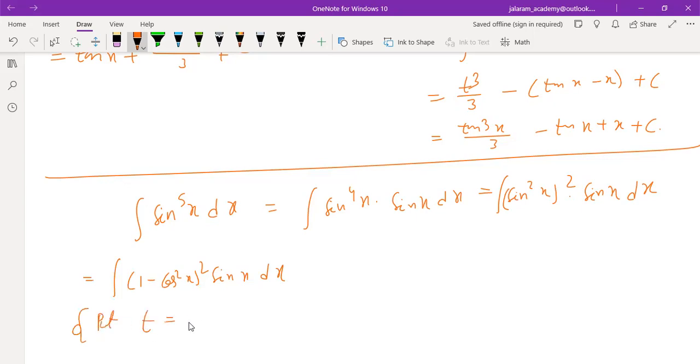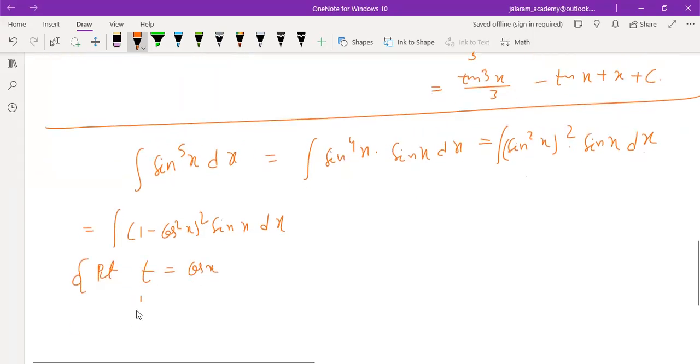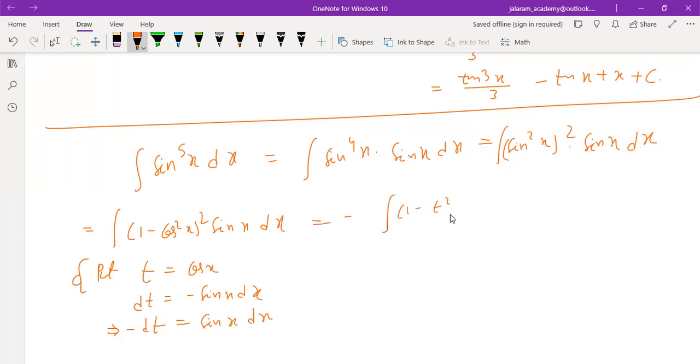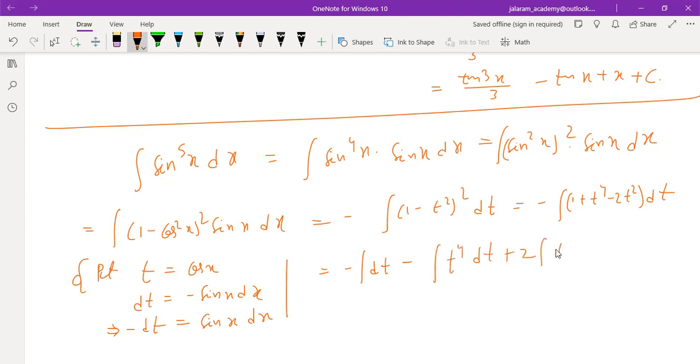Then put t equals cos x. So dt equals minus sin x dx, that is, minus dt equals sin x dx. So it becomes minus (1 minus t square) whole square into dt. So (1 minus t square) whole square is 1 plus t to the power 4 minus 2t square, into dt equals, open the bracket, minus dt minus t to the power 4 dt plus 2 into integration of